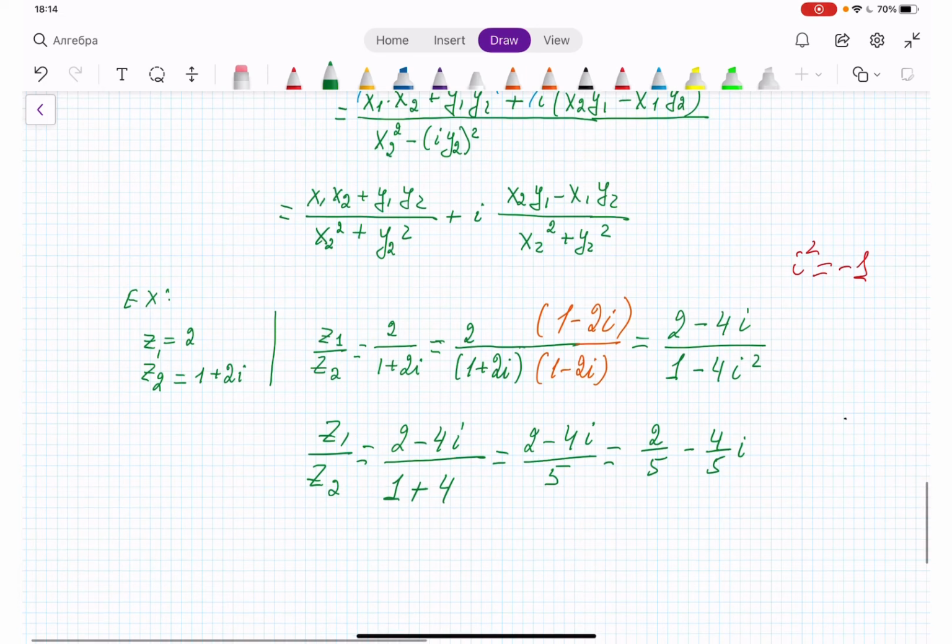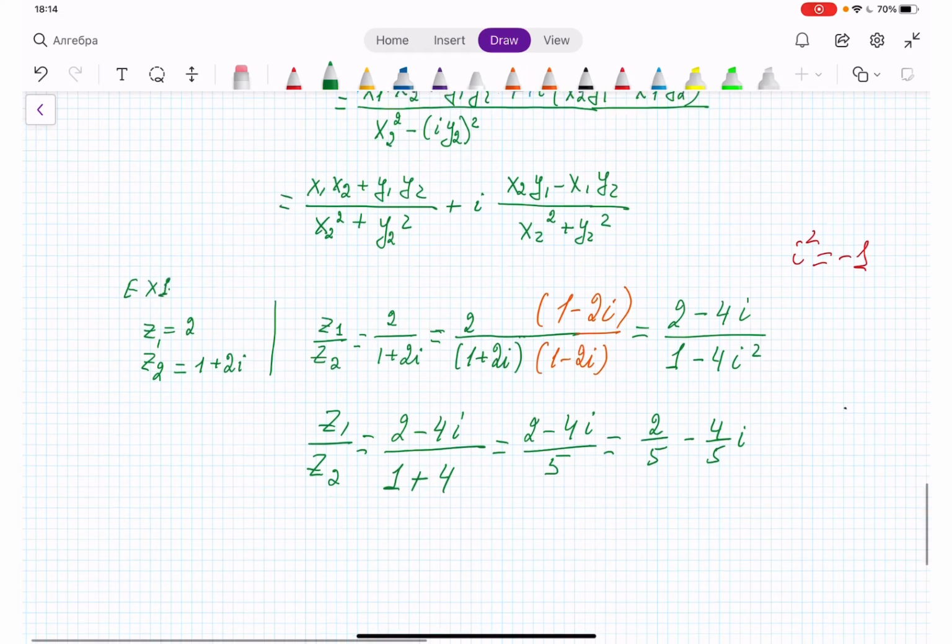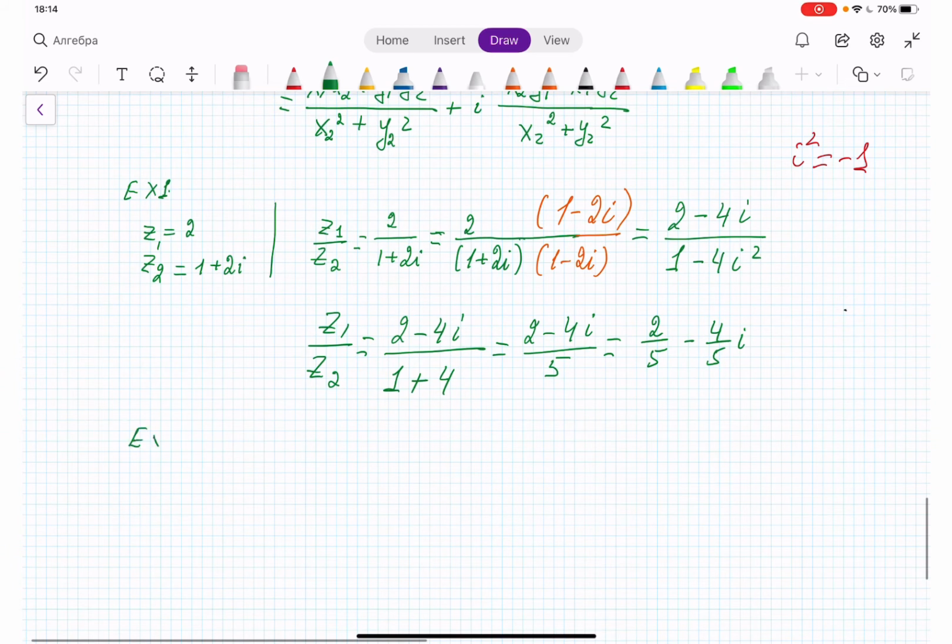So this is example 1. Let's say this is example 2. We will do division, or find the quotient, for complex numbers in trigonometric form. Let me remind you of the division in trigonometric form and what the result should be. So z1 divided by z2, or you can write it as a fraction, it's the same division, is equal